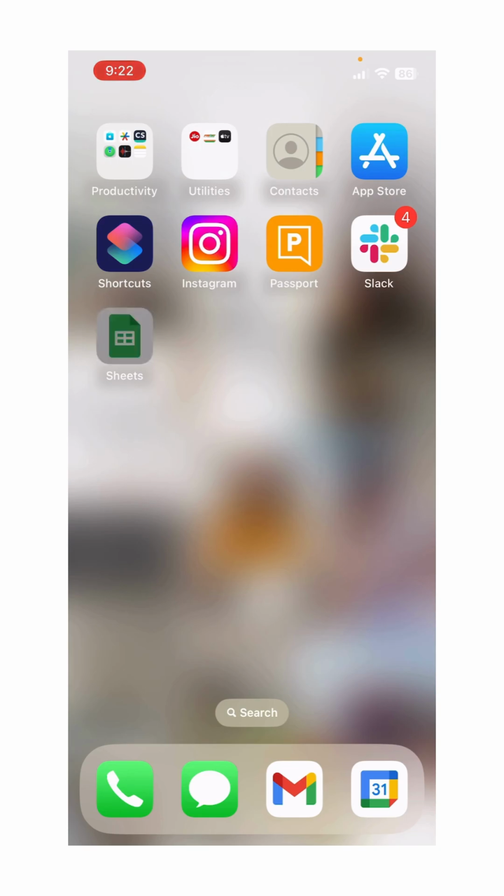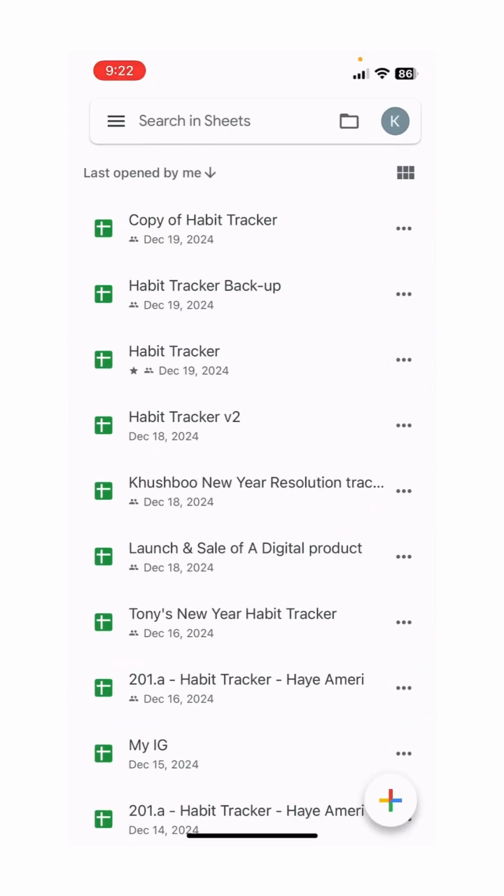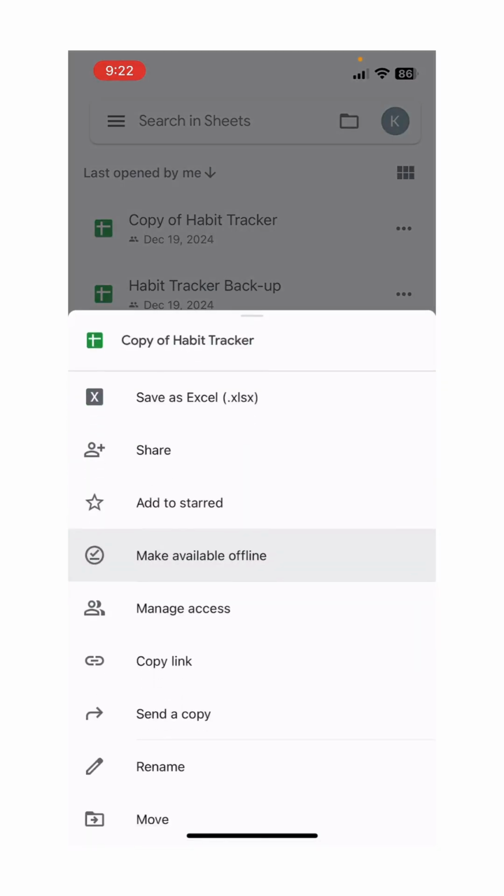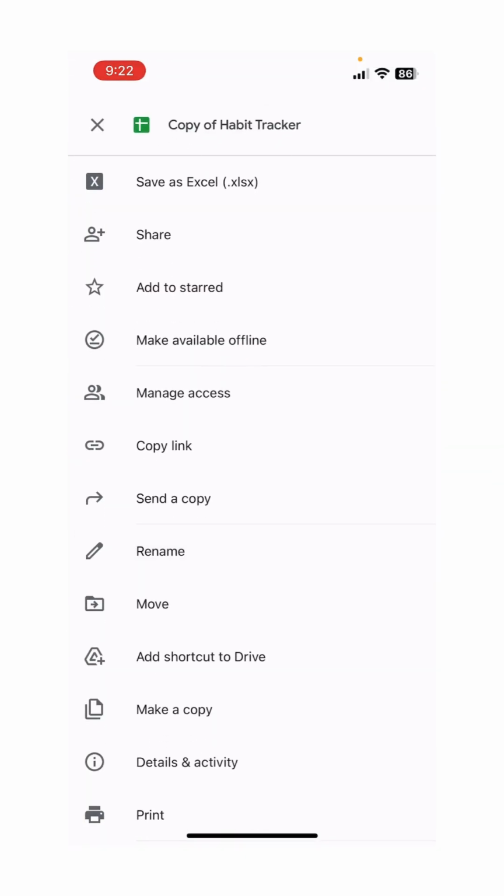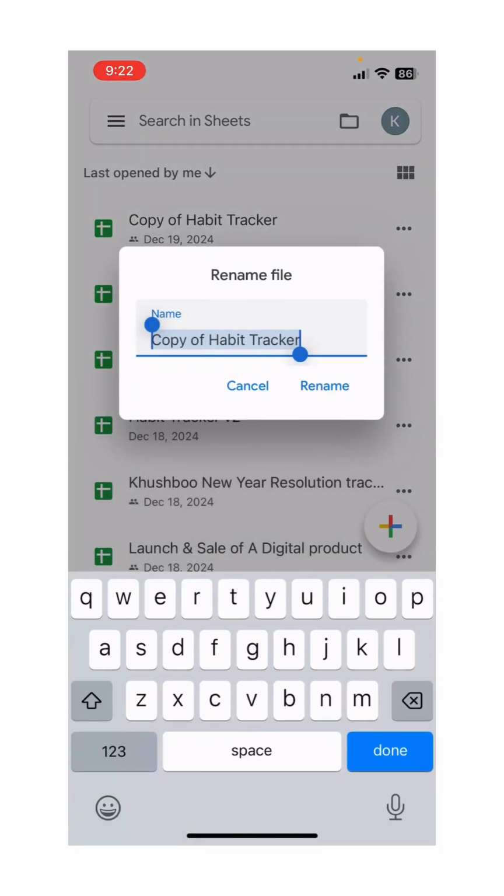To do that, we'll open the Google Sheets app, and then you have this file here, copy of Habit Tracker. You probably have it saved and downloaded in a similar name. This is a messy name and it's not good, so we're just going to rename it to something more personal and motivating.